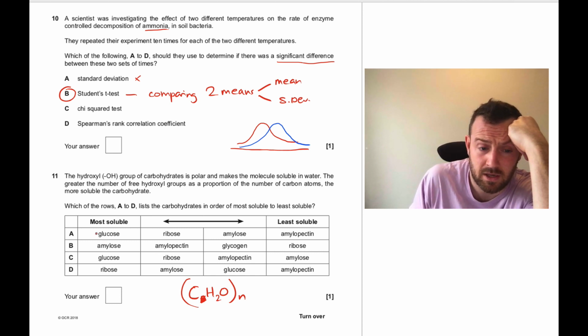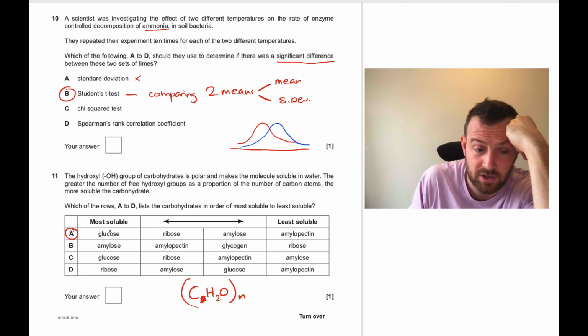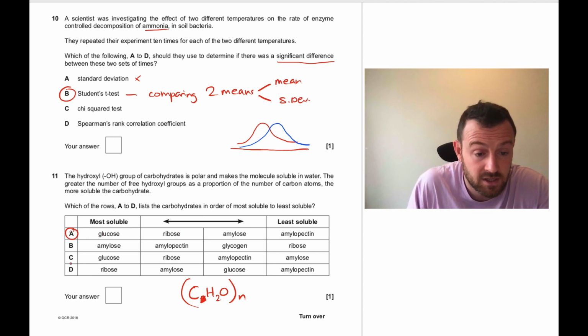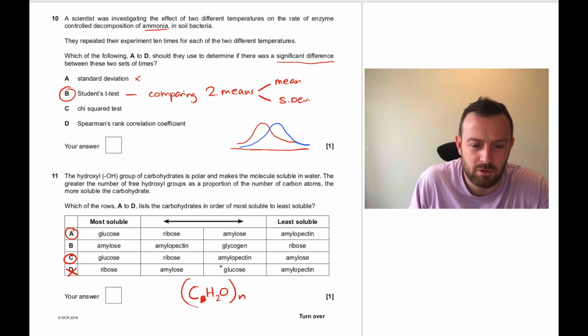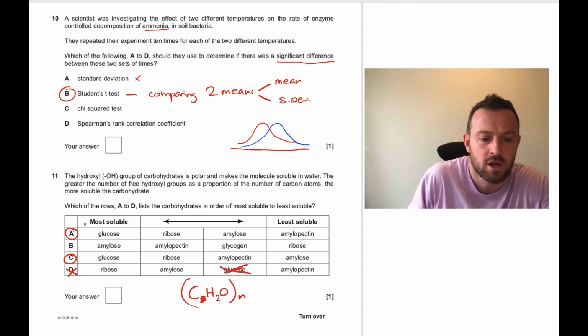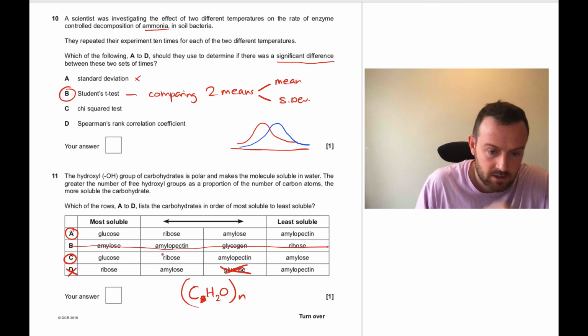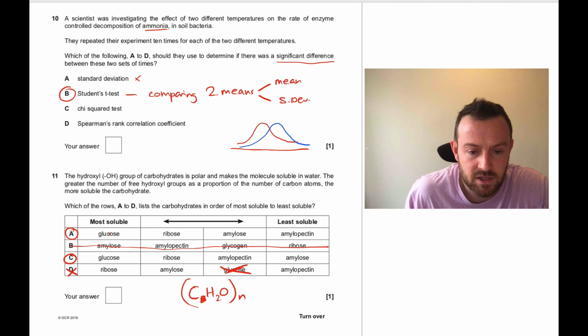So I think it's going to be either A or B, because this A here is glucose ribose. So monosaccharides have got the most free OHs. So these are 2 monosaccharides, these are 2 monosaccharides. The reason not this one, even though that's a monosaccharide there, is that glucose is down here, which I think, no, that can't be right. So we've moved to A or C, so we can cross out B, and then we're just looking to see which is the most sensible order.